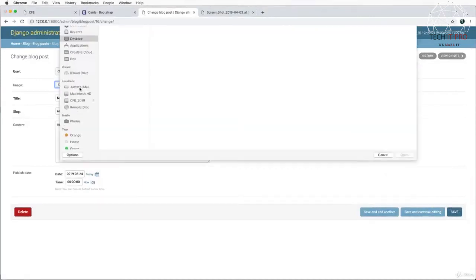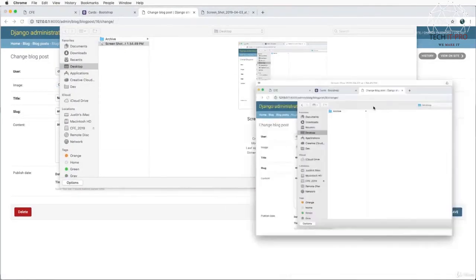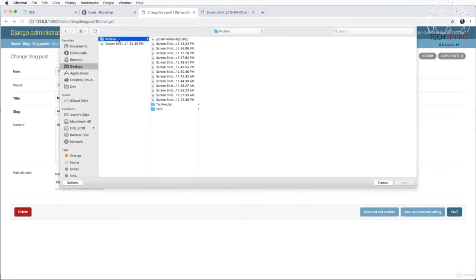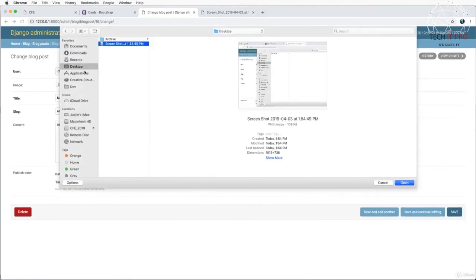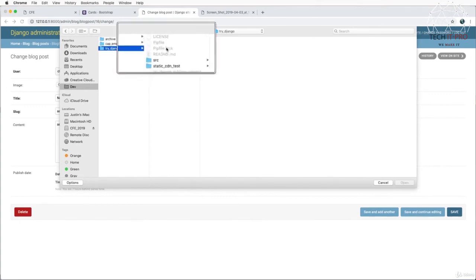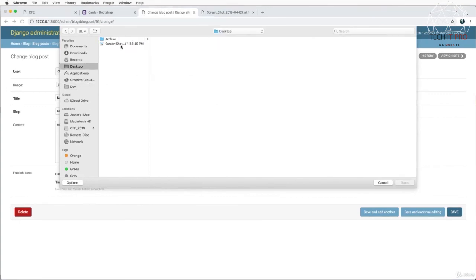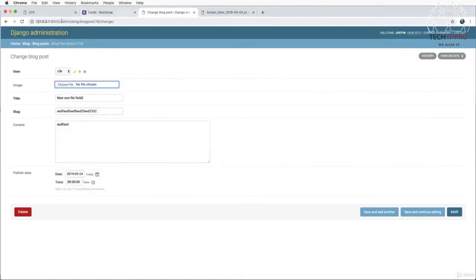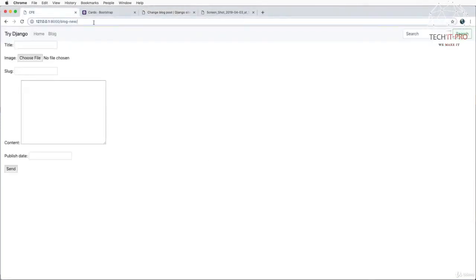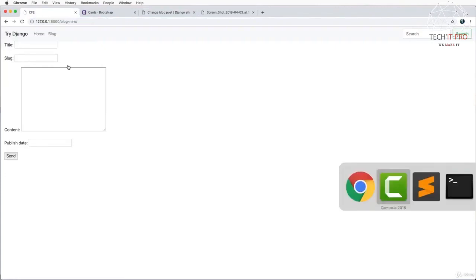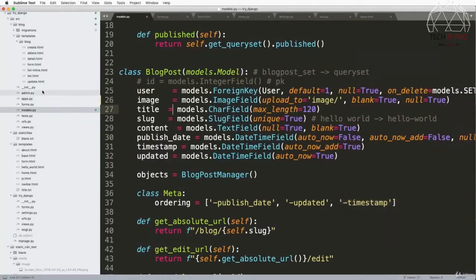Let's go ahead and run the server again. And this time around, when I go to select a file, it's going to have to be an image, right? It's not going to let me do anything but an image. So if I went into Django, notice that all of these things are kind of blocked out. So I will use that image, but what I really want is my blog new to have that image field